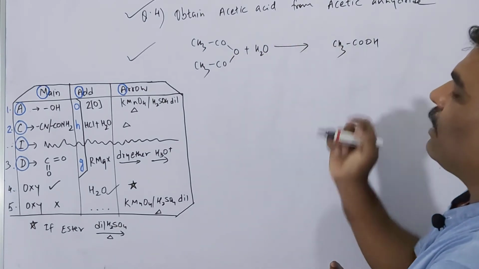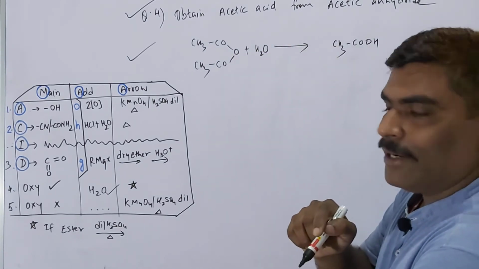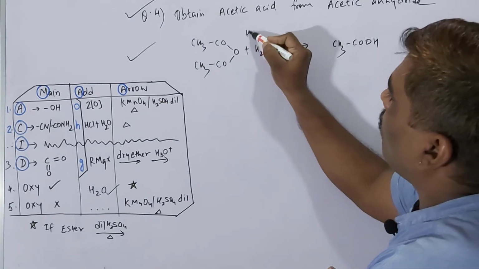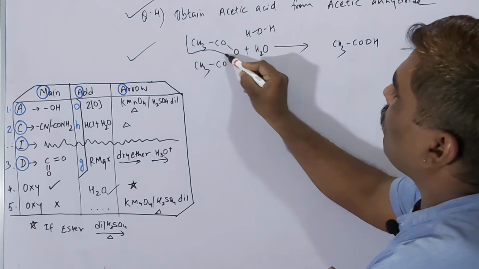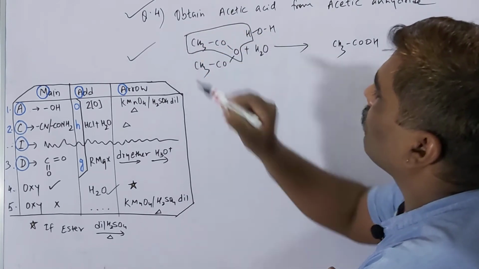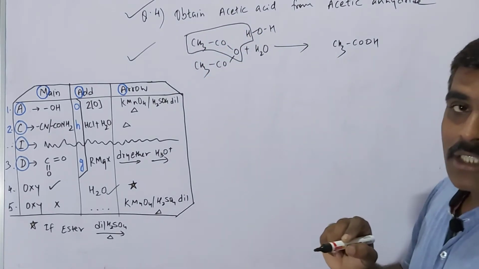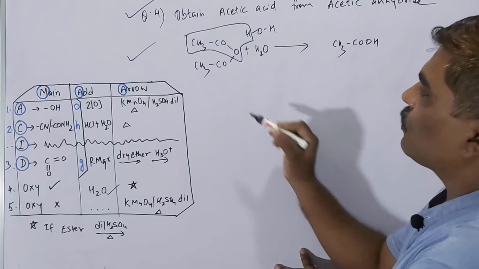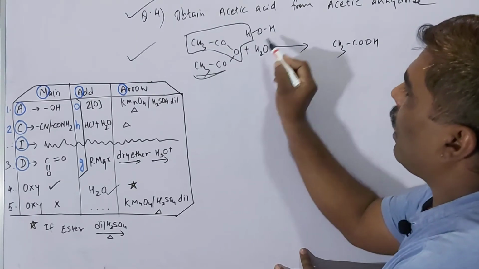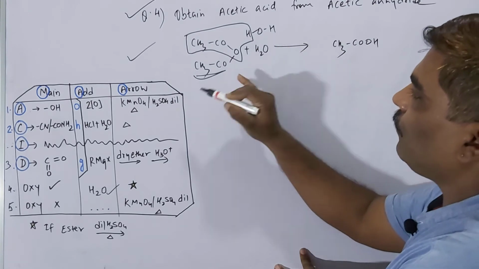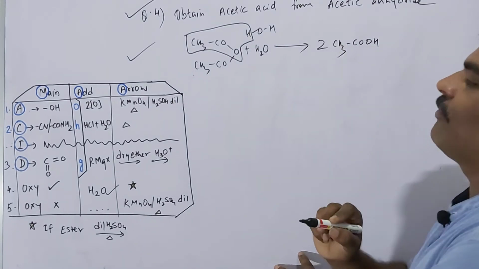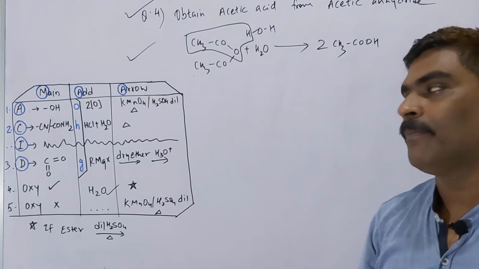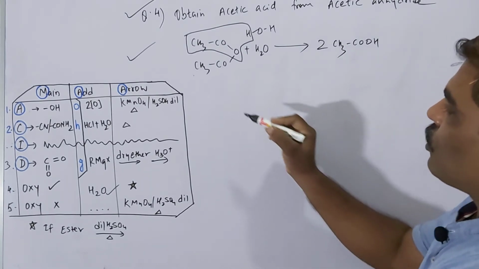Now just try to find out what is extra on the left hand side. So water is HOH, say this CH3. If I write it this way here, CH3COOH, and the remaining is what? CH3CO and OH. So we get two molecules of acetic acid. Okay, next question now we'll see.